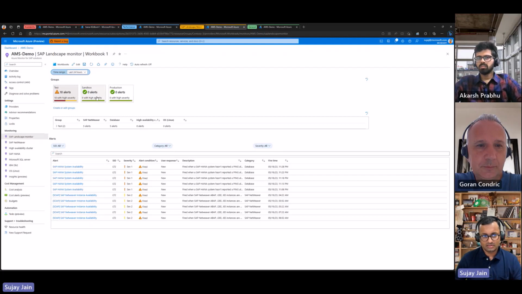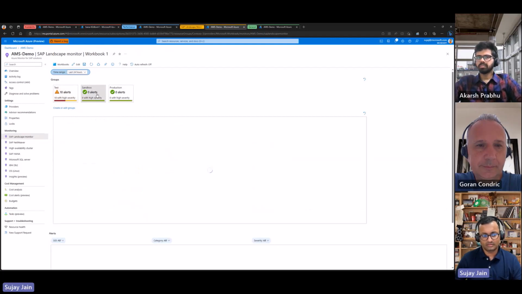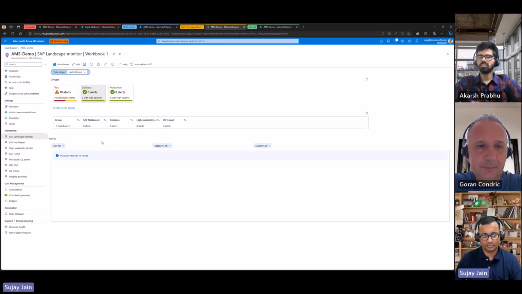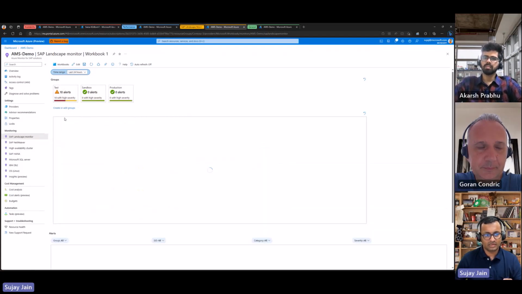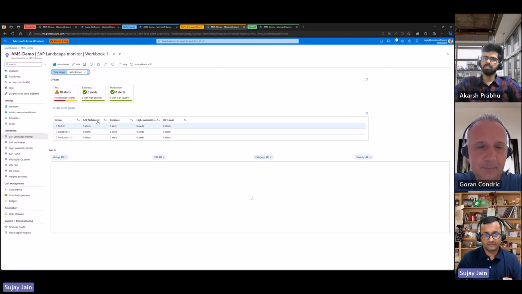These groups are clickable. So when you click on them, the underlying navigation or view automatically changes to provide you details. What we have done is here you can see the list of the groups. You can actually get into the next level of detail of these groups, where you can see a different layer.